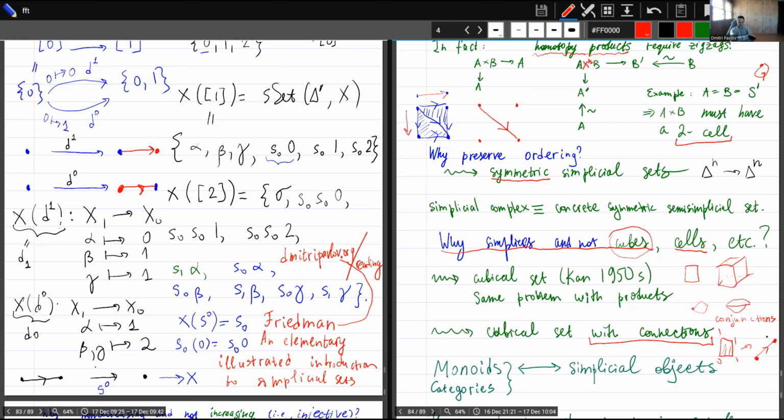And there is one more reason why we really want simplicial sets, and this has something to do with practical constructions occurring in mathematics. The main point here is that objects like monoids or categories give rise to a simplicial object. Every monoid gives rise to a contravariant functor from delta to whatever target category you have. So for ordinary monoids, you would just get sets. So monoids and categories give rise to simplicial sets,